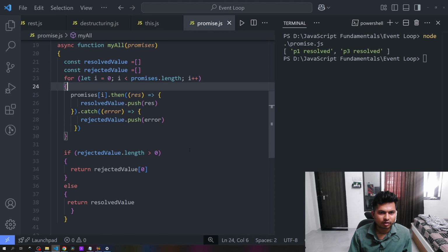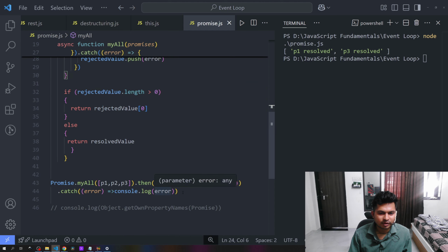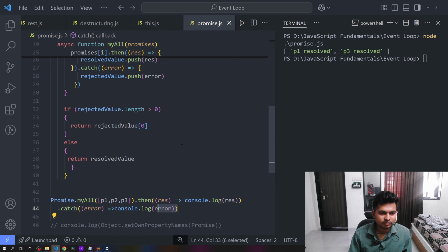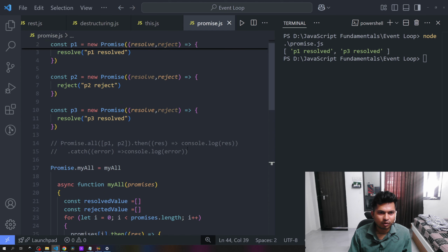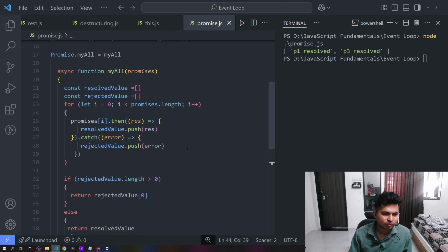It's not showing the rejected value inside here. It's showing only the resolved value. So I think the problem is